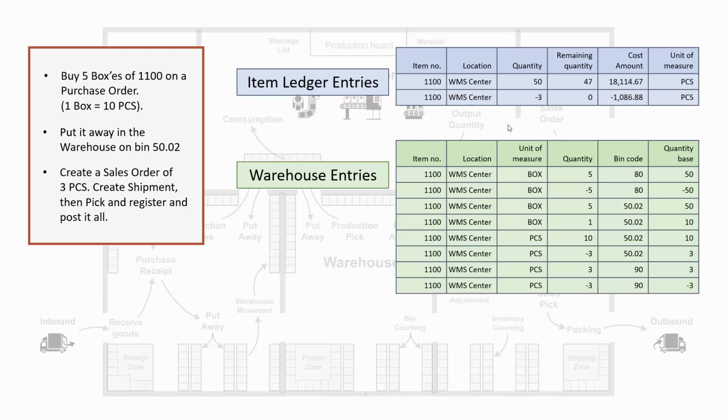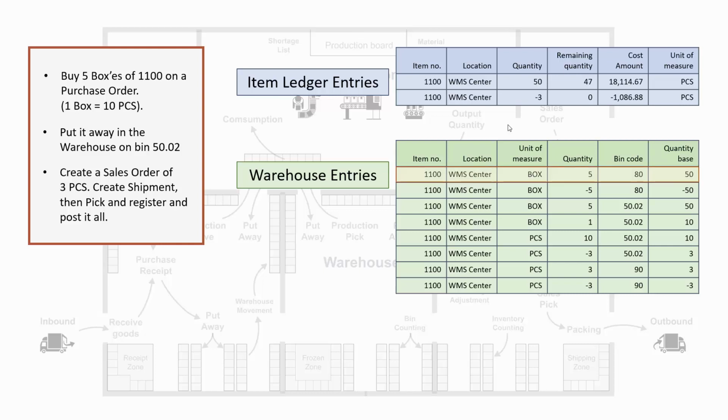The warehouse entries reflect everything that happens in the warehouse, and once the entry is created, it will not be maintained. It doesn't contain any prices, only quantities, units of measure, and bin codes. That is the core of the warehouse entry. With the warehouse entry, we want to tell where the item is in the inventory, on which bins. Let's run through the scenario here.